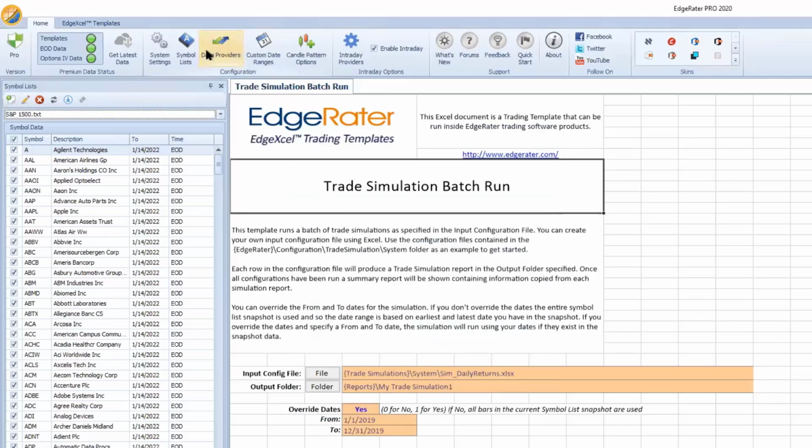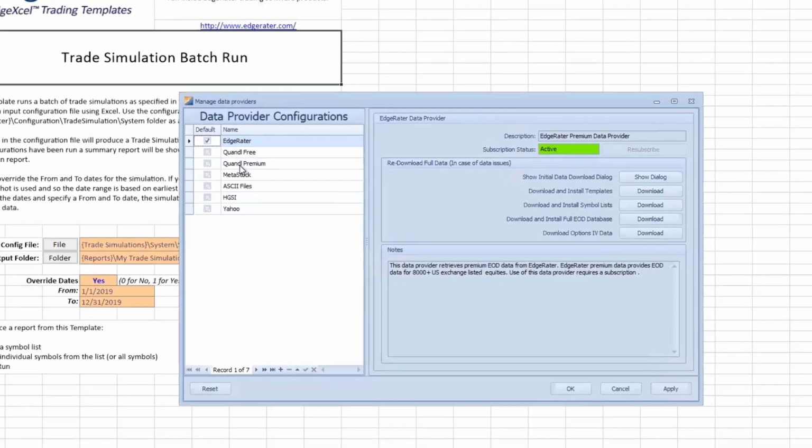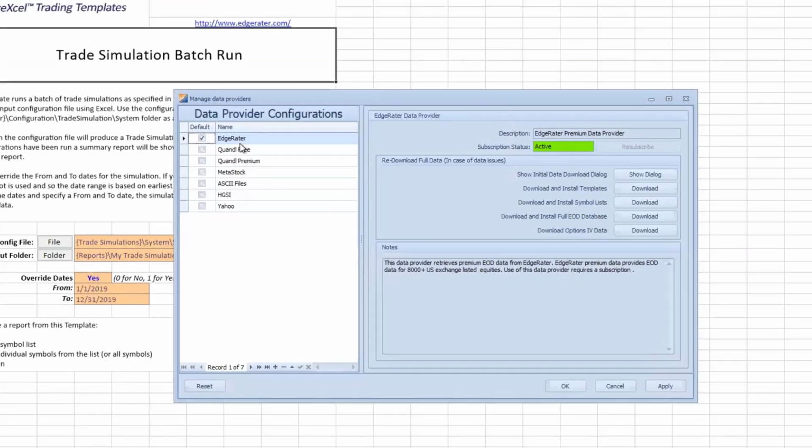Data providers, by the way, are listed in this data providers box over here. You can see that there are 1, 2, 3, 4, 5, 6, 7 possible data providers. And I have a check mark next to EdgeRater on my system, which means that for me, EdgeRater is my default data provider. So whenever I create a brand new symbol list, then it's going to be associated with EdgeRater. I don't have to go in and specifically change it. Default data provider is also useful for a couple of templates that rely on having that set. So I have mine set to EdgeRater here, and